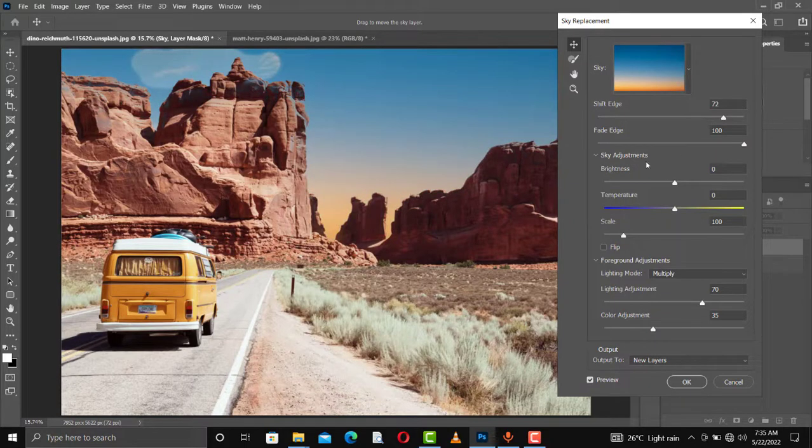Then we can use the fade edge to also fade the edge of the document. So now when we increase this one, look at the rocks. You can see that it has affected the rocks here. So you can bring it to 0,